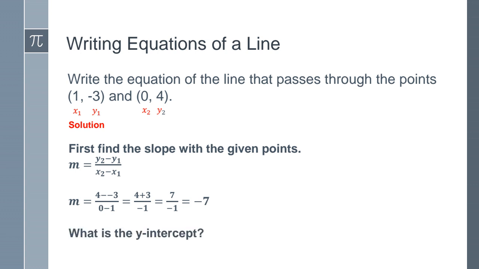Now, the y-intercept, like I mentioned earlier, will be the 4. Because remember, guys, when x equals 0, whatever the y value here is, 4, that's going to be my y-intercept. So my intercept will be 0, 4. Now I got my m, which is -7, and I got my y-intercept, which is 4. So we plug them into the equation, right? The m is -7, and the b is 4. The b is my y-intercept, which is 4. So I found the equation that we're looking for, which is y equals -7x plus 4.